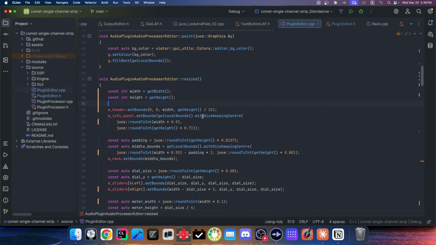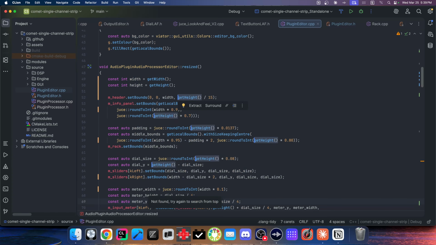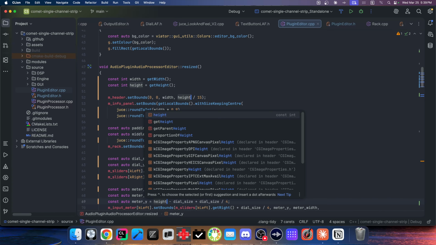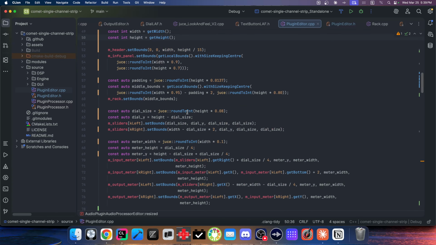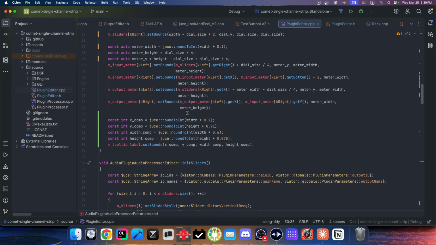Width, and then we could do get height. Do the same thing with get height. Okay, so we're gonna have to make a way to get